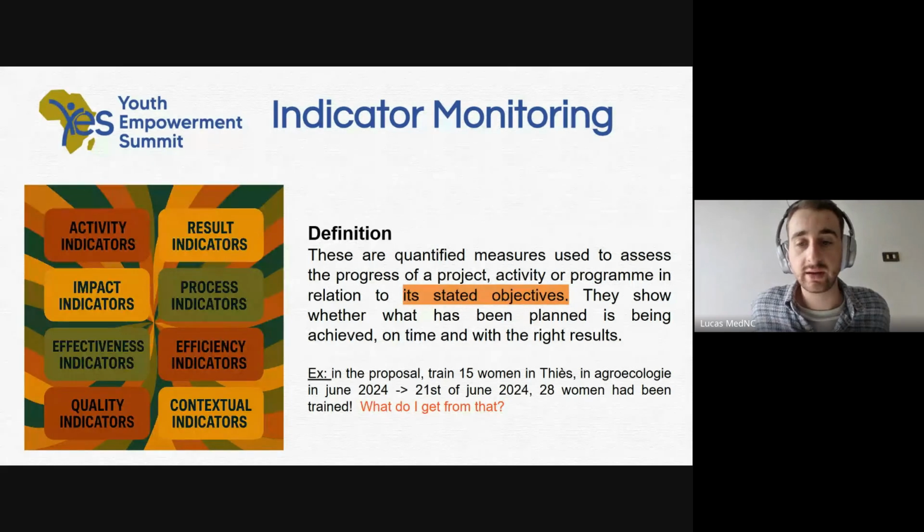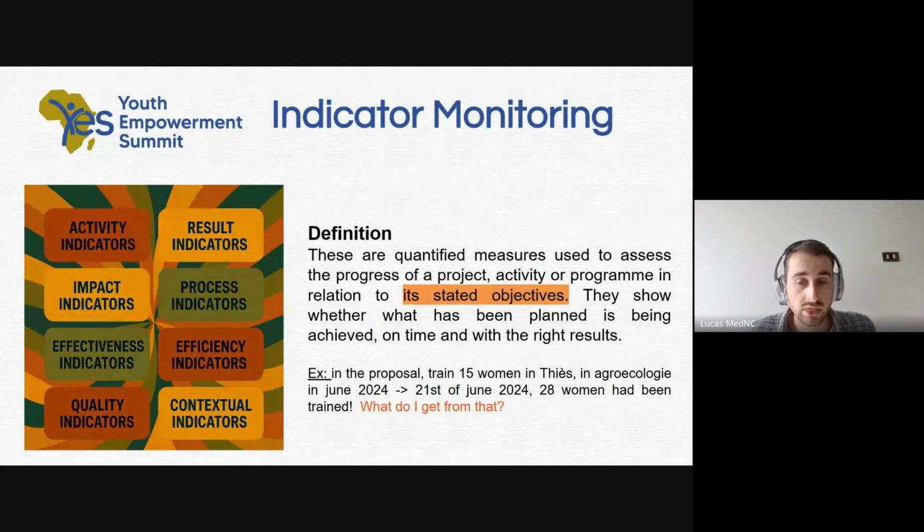They show whether what has been planned is being achieved on time and with the right results. I gave you just an example down there in the proposal. The proposal was saying to train 50 women in agroecology in June 2024. So that's what you said in the project. The answer you got from the indicator is that on the 21st of June 2024, 20 women had been trained.